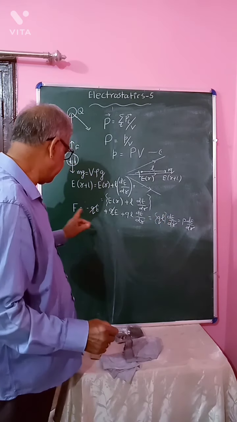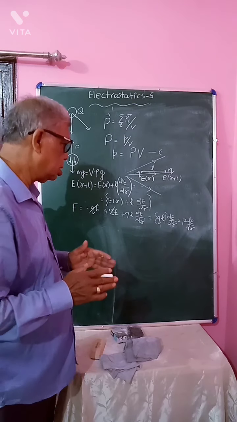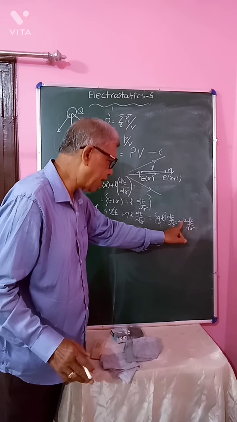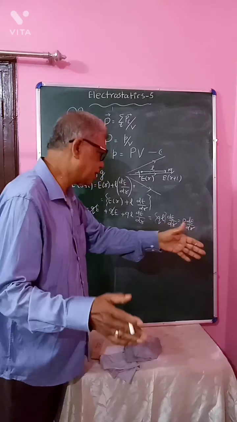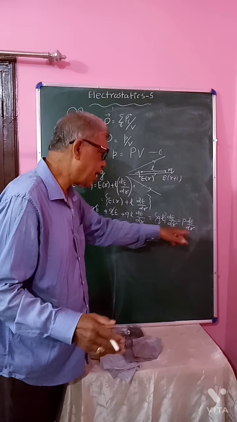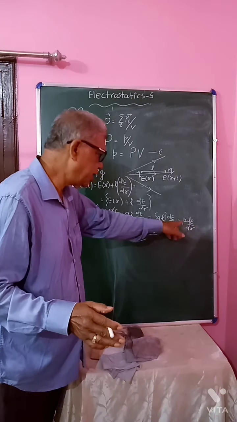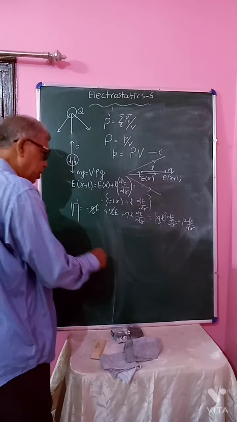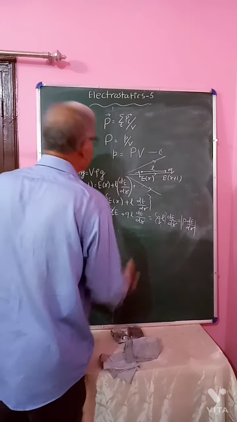Now P is the dipole moment, which is Q into length of the dipole. Another thing is that to make the magnitude of force positive, we have to either use a negative sign here, because electric field decreases with distance. So the variations dE and dr are of opposite sign. So either you introduce a minus sign here, or you take the magnitude. So let us take the magnitude of the force. So one working formula is